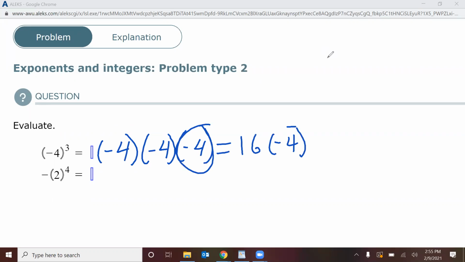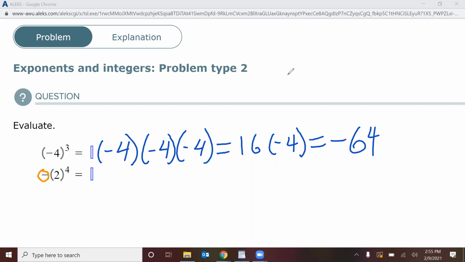And the last negative 4 is still floating around. And then 16 times negative 4 takes us back to a negative number, in fact, negative 64. That is how it is done the slow way. On the second problem,